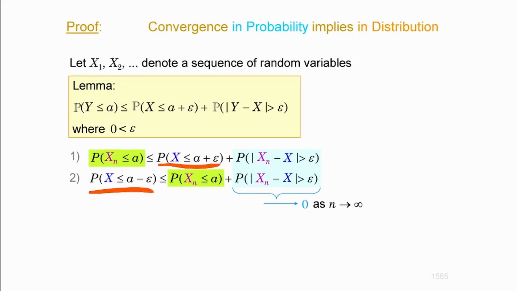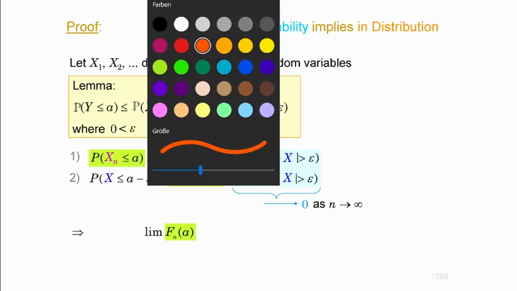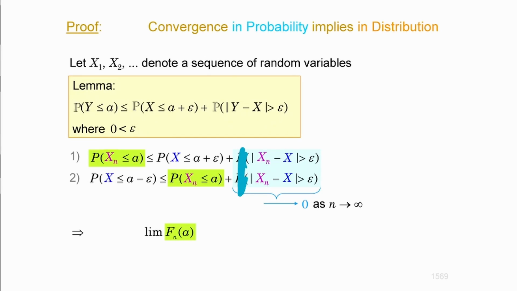So we're basically putting those together, and that was the reason why I did it. I'm going to put the green expression in the middle, which is the cumulative distribution function of the random variable xn at point a. I'm not sure if you noticed that one. Now, since I'm looking at the limit here, I will need to add the limit to it, because then you could take these probabilities off. When you look at the limit, you can simply ignore those probabilities, and these are the others that you are left with. That allows me to simply ignore them.